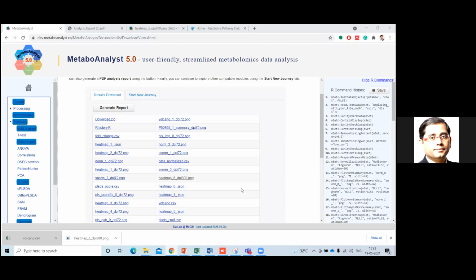So Avinash, what is the issue you are getting? Nothing. Yeah, just a few students having issues with the Metabo analysis. Okay, but I feel that it is working fine. It can be their internet issues.